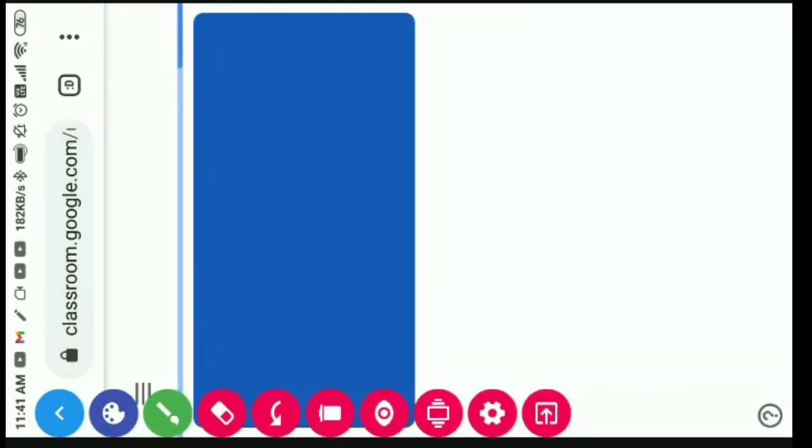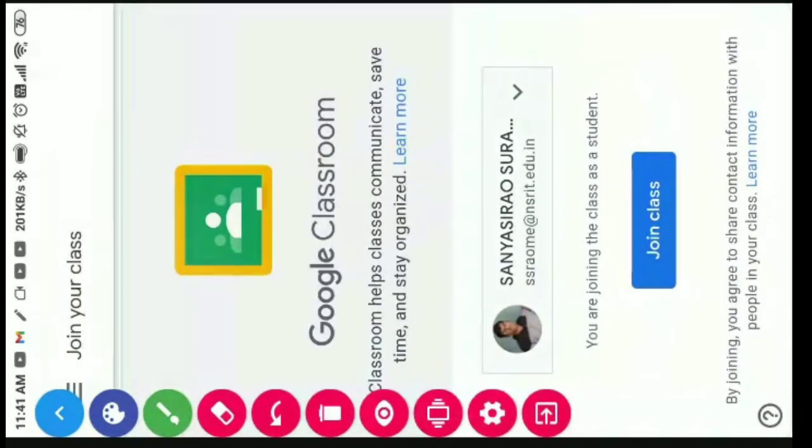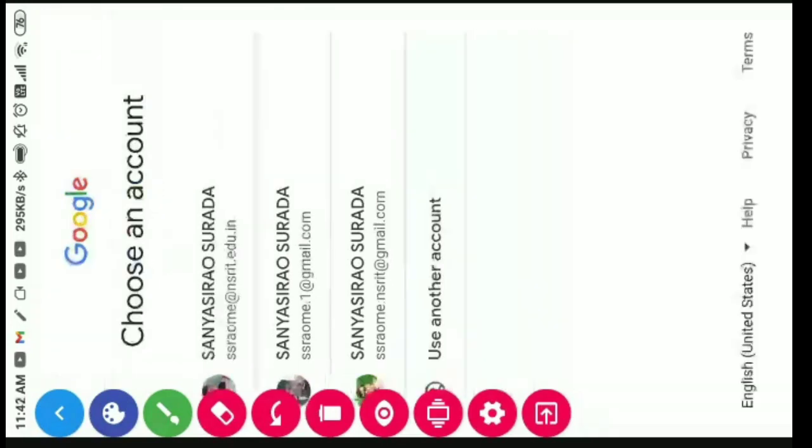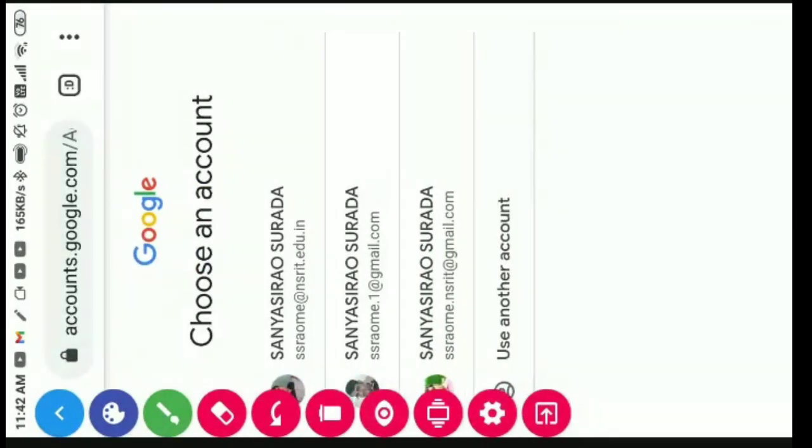After clicking, it shows your Gmail accounts. As a student, I have a student mail, and as a faculty, I have a faculty Gmail. Now, as a student, I am joined in the classroom. So as a student, you also join with your respective account. Better to use the same account for Google Classroom and also for Google Meet classes. That means the account should contain both your roll number and your name. So the same account I have to use, and you also have to use.